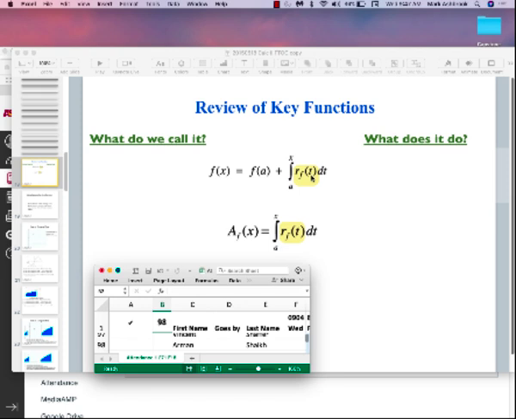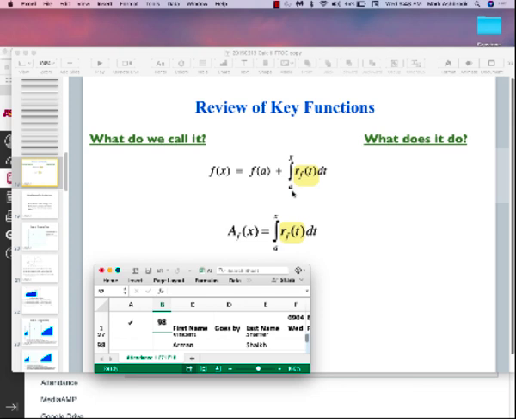What was the last part? The total amount you have? Nice and loud. The total amount you have between two given values of x. From A to x. It gives you the total amount accumulated. Is that right? Is it just the total amount that you have at x? So we have to add the A as our starting number, so then it's that plus. Right. So